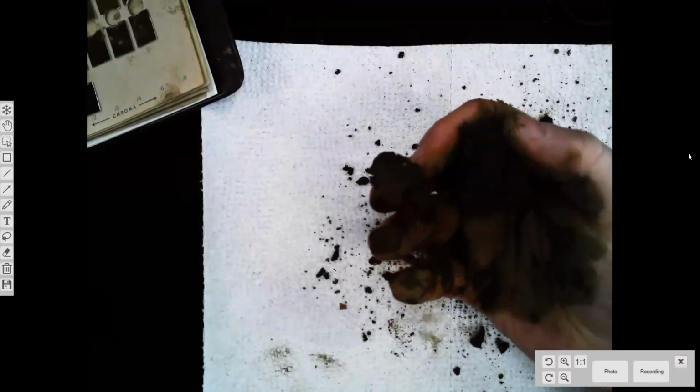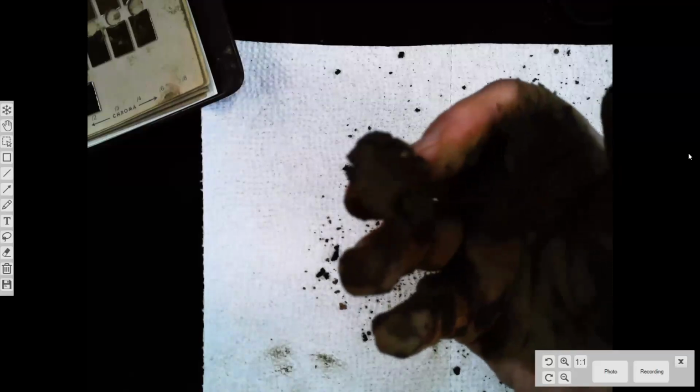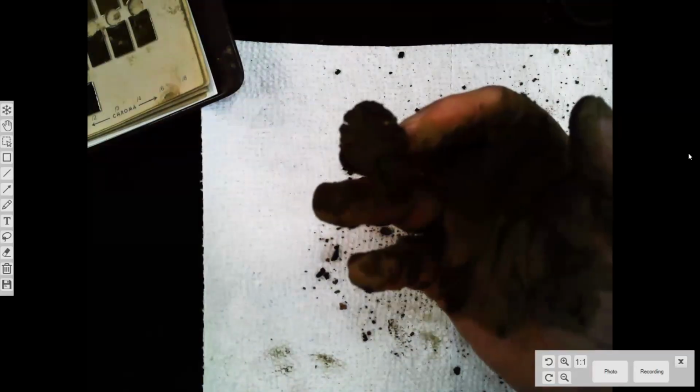That piece that broke off there. Well, let's see if I get the camera to focus. Maybe if it ever does light. But anyway, I did break off a little piece there, and it seems to be